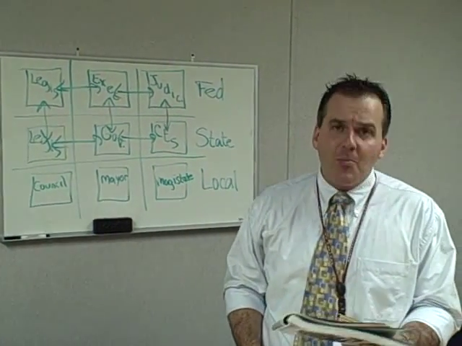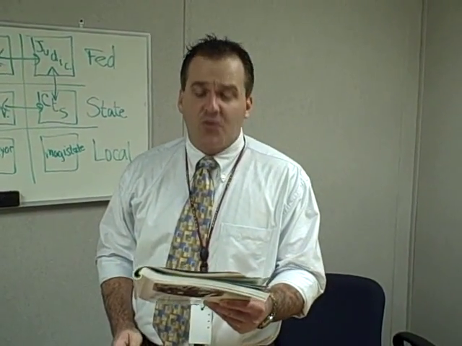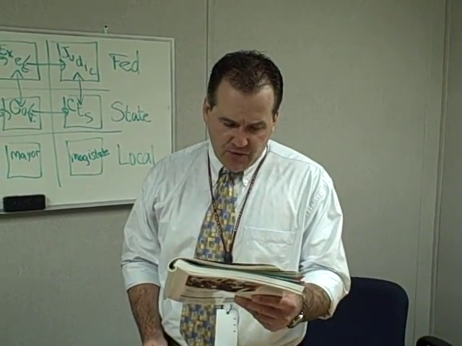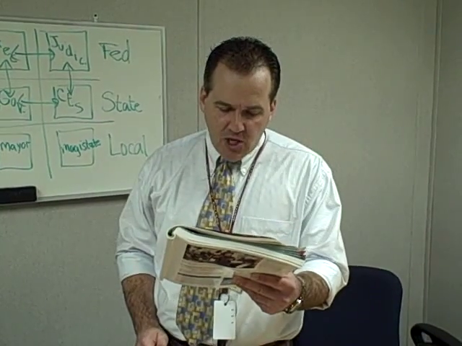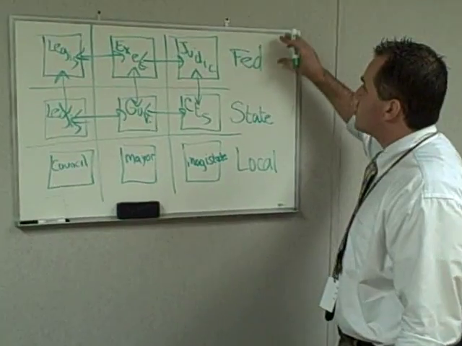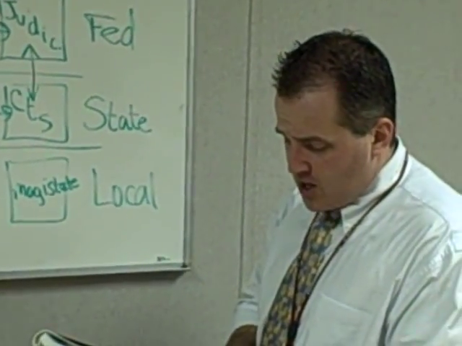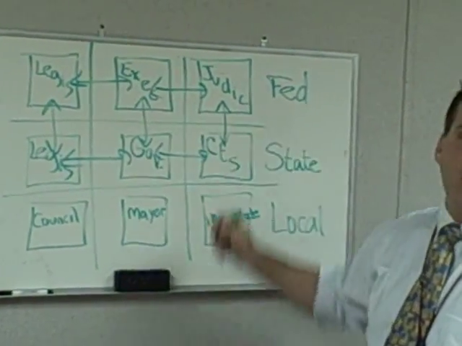This quote in the indented part on page 44 says, "In the compound Republic of America," and this is from Federalist number 51, "the power surrendered by the people is first divided between two distinct governments, and then the portion allotted to each subdivided among separate departments." Two distinct governments. In this instance, they're talking about the federal government and the state government. And then when it says subdivided among separate departments, that's legislative, executive, and judicial.